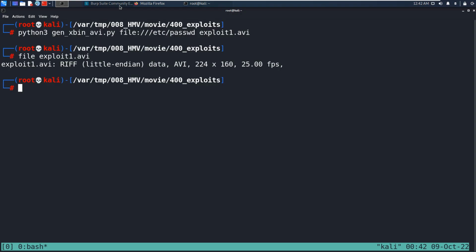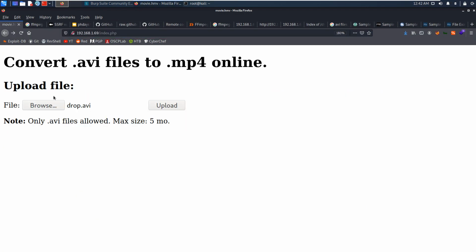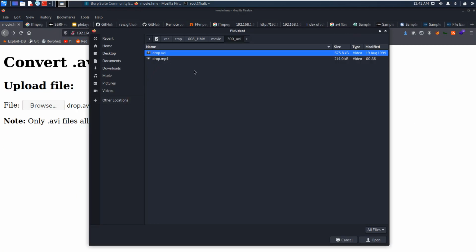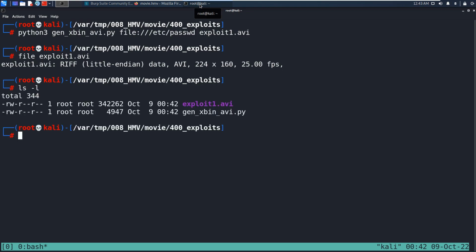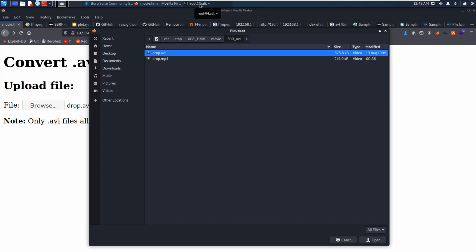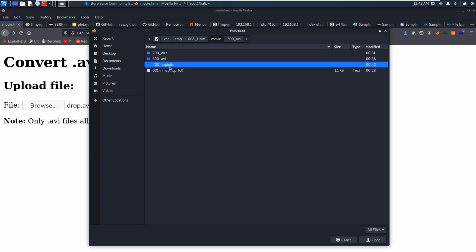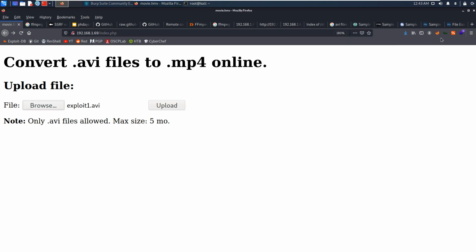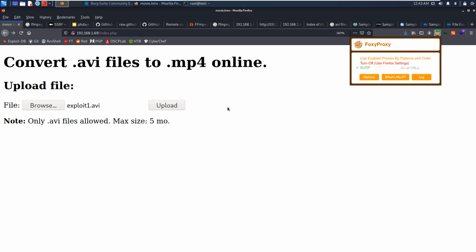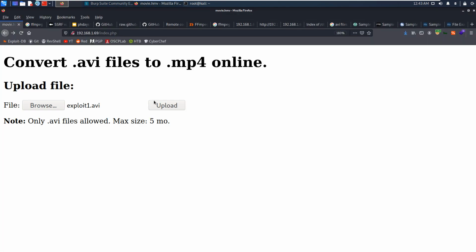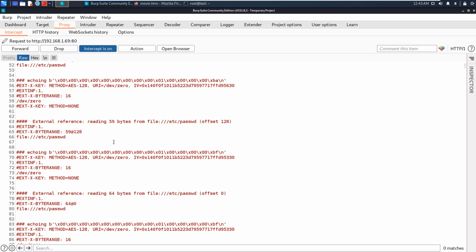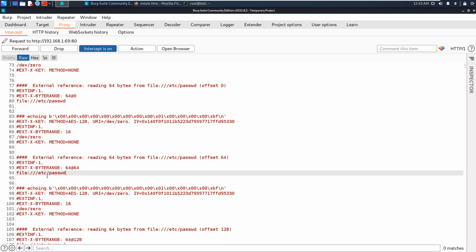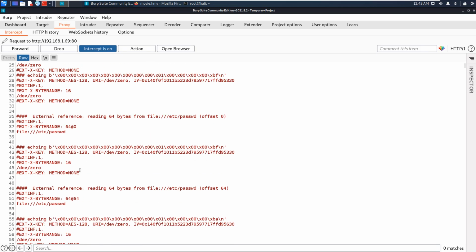So we can try intercepting the request in Burp. Where is it? I don't see any output. Exploit.avi, right? I have to go to the different folder, which is exploits. Exploit.avi, capture this request in Burp and see what exactly is happening in the background. So this is it, and I guess I see this etc passwd file. Not sure how this